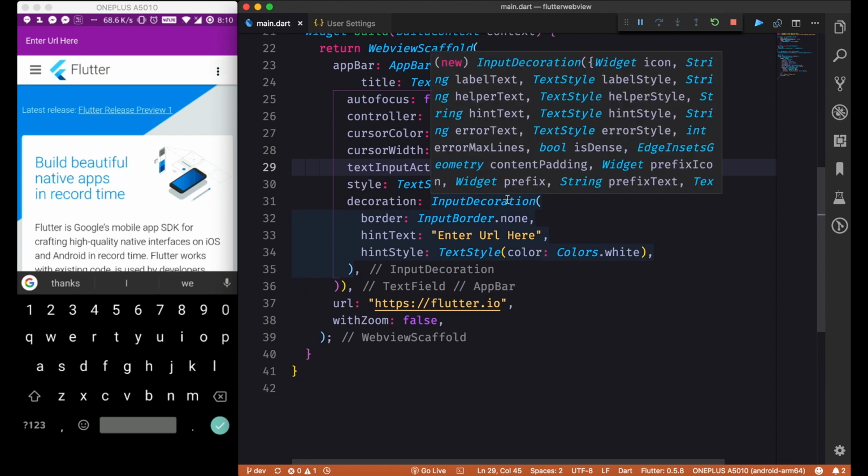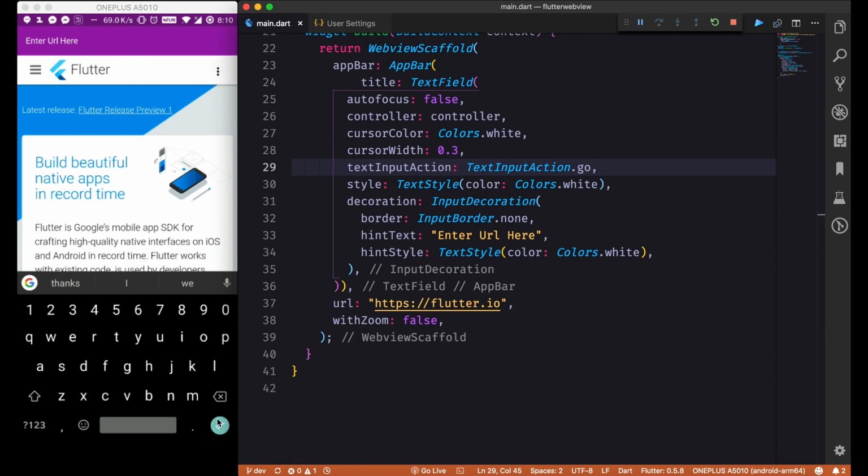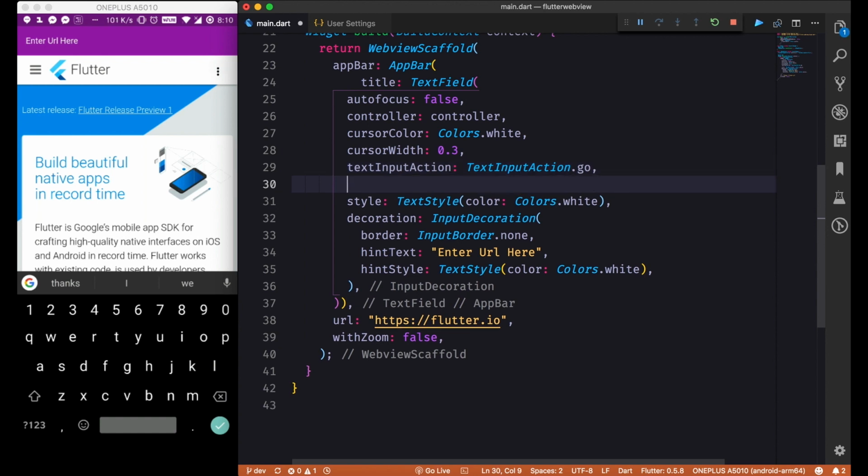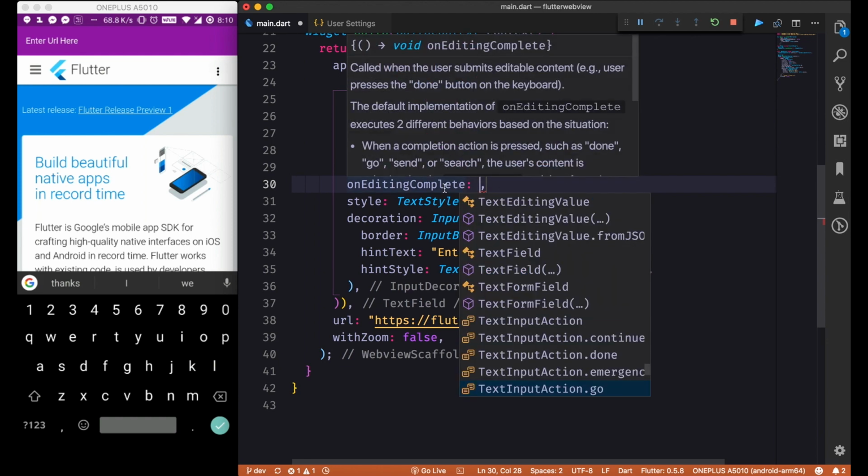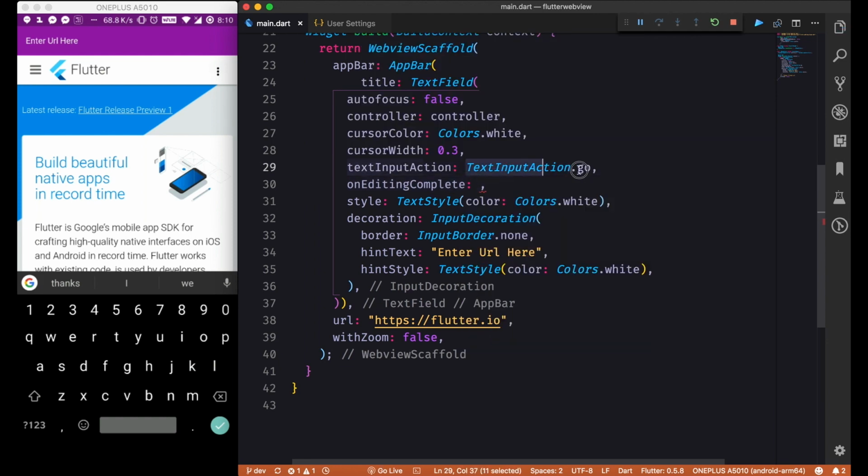So as you can see here on the left hand side, we have this done icon on the keyboard, then it will be converted into a go, so that's a good thing. And we also want this on editing complete. It will be called when this text input action will be done. So here we can have the URL, and then what we can do,